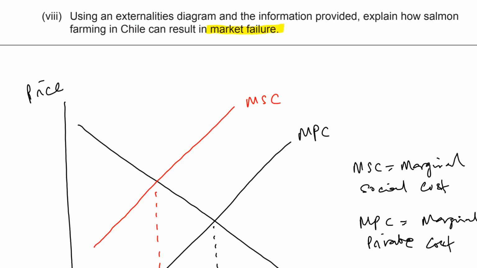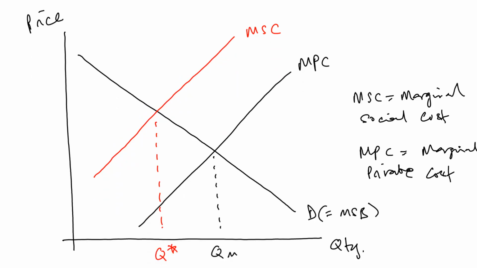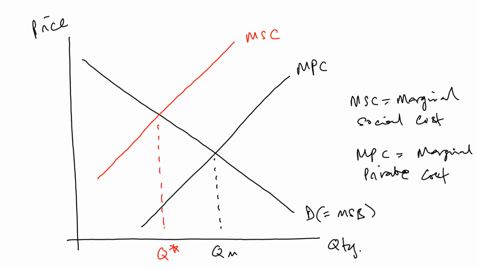So we've got to get our market failure hats on. It's 4 marks for this question, a 4-marker for this bit. So it's probably going to be 2 for the diagram and maybe a couple more for the explaining bit. All right, so this is our typical, let me zoom out a little bit. So this is our typical